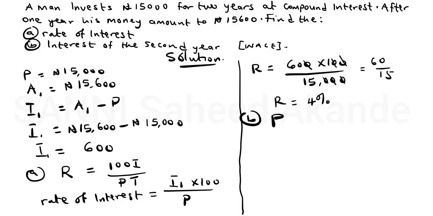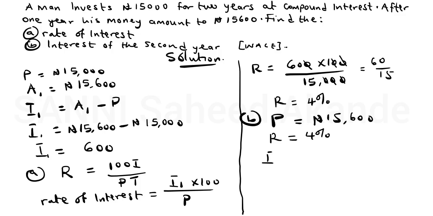So the principal for the second year will be equal to the amount of the first year, and the amount of the first year is given as 15,600 naira. So this will be the principal amount for the second year, and our rate r is 4% as calculated. Is that understood? So the interest for the second year, I will denote it with I2,